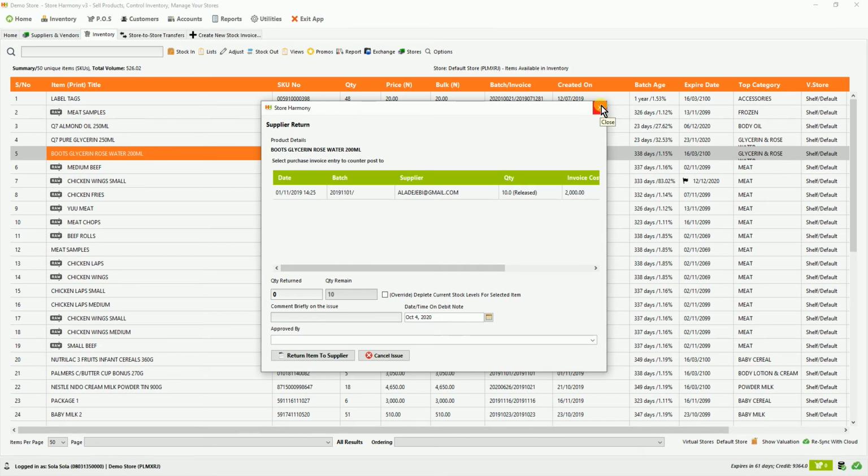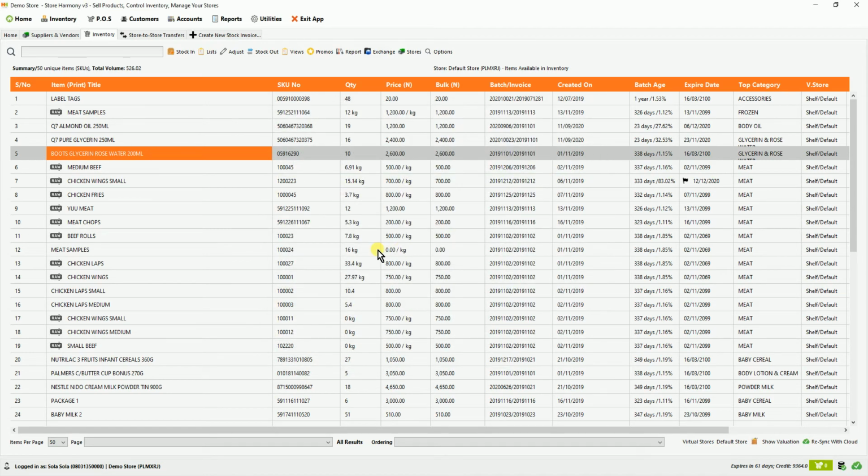You could bring in a product at 500 naira, and later on, because of changes in the market, bring in the same product for 800 naira. So when you have one you brought in for 800 naira and another you brought in for 500 naira, and you are trying to do a supplier return,